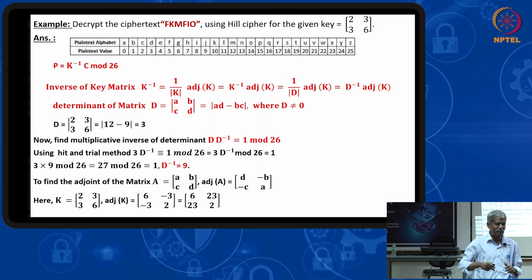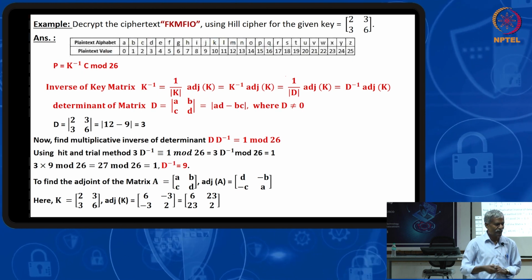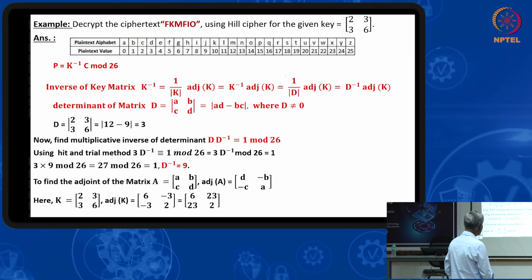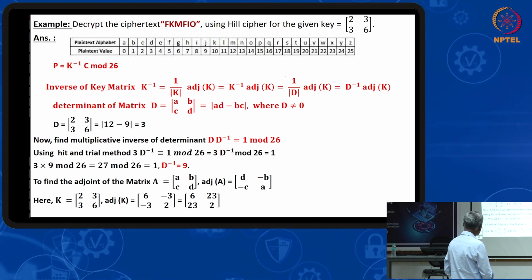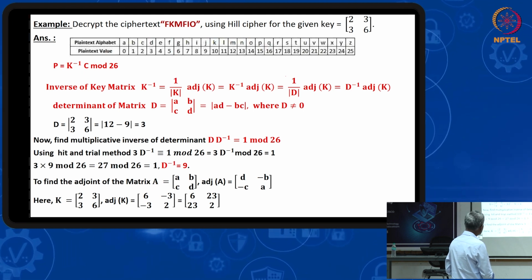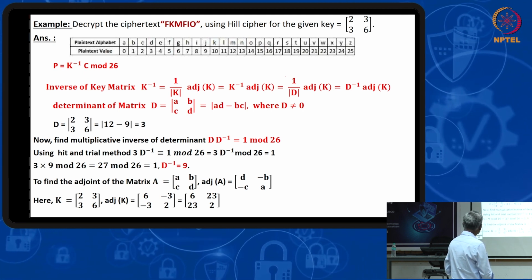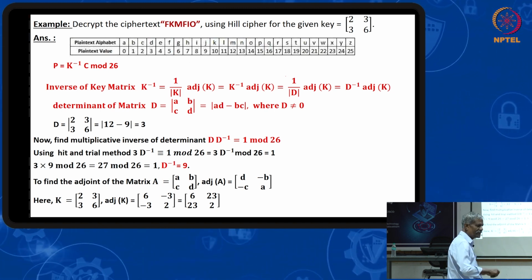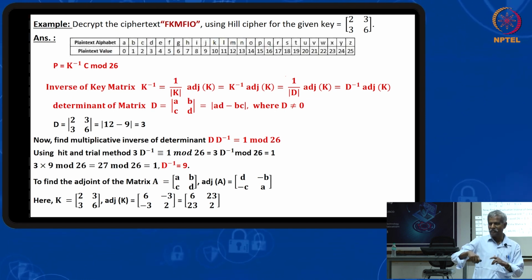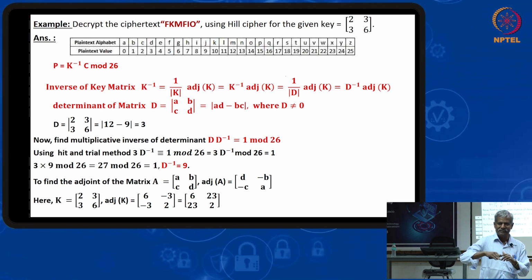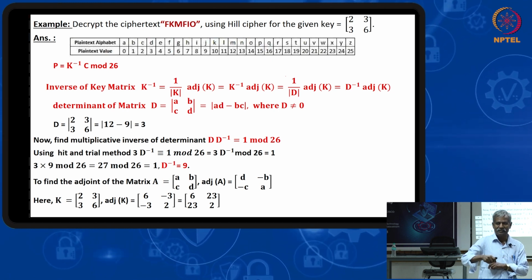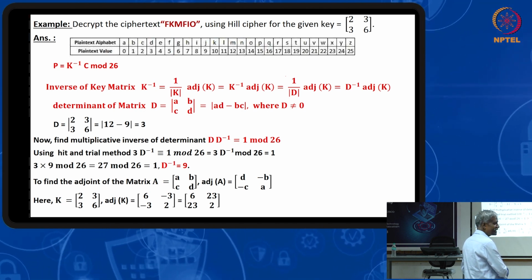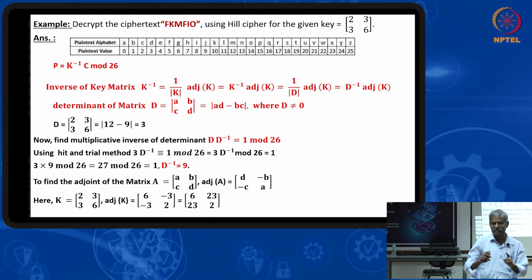You have to take that matrix to find the cofactors. So here, the cofactor of A is just D. The cofactor of B will be negative, but... okay. First you have to find the cofactors. After that, you will form a matrix. Then you have to find the transpose. When you do the transpose, what was here will come here. So you know how to find the inverse.